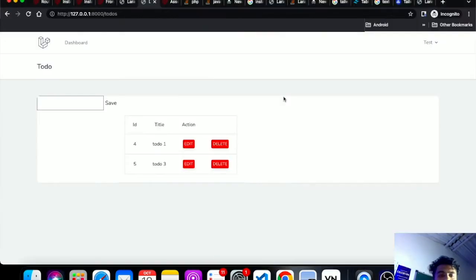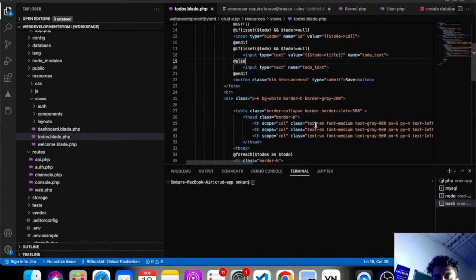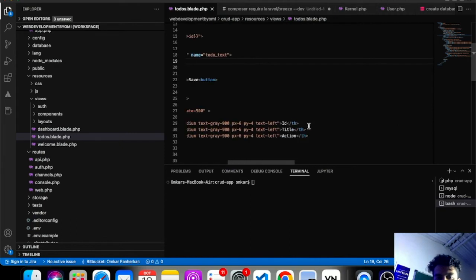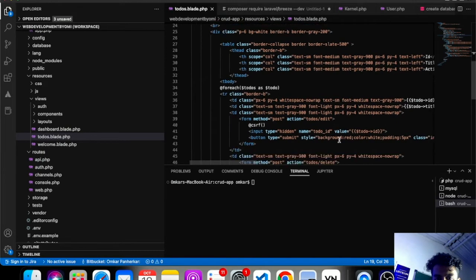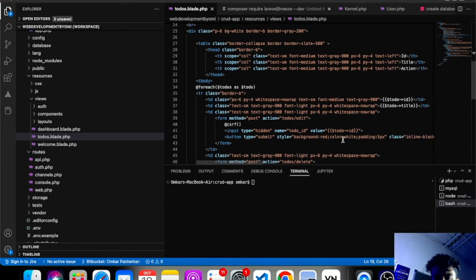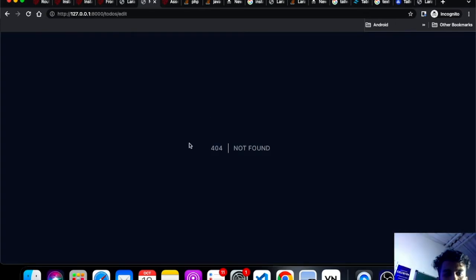Let's see now. Okay, we will refresh the page. Let's change the color first, I think, because this is not a correct color. Let's call it blue. I think blue will work fine. Okay, great. Okay, so we'll click on edit,